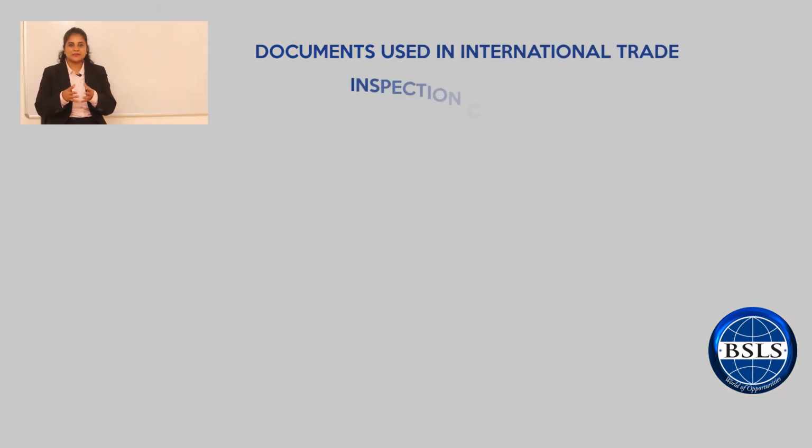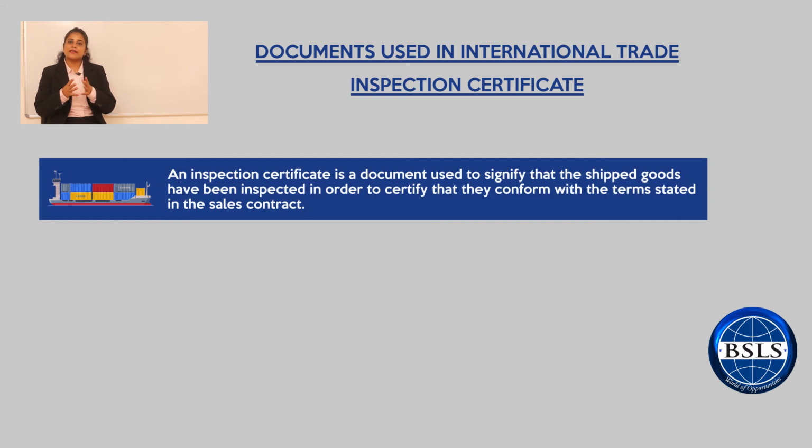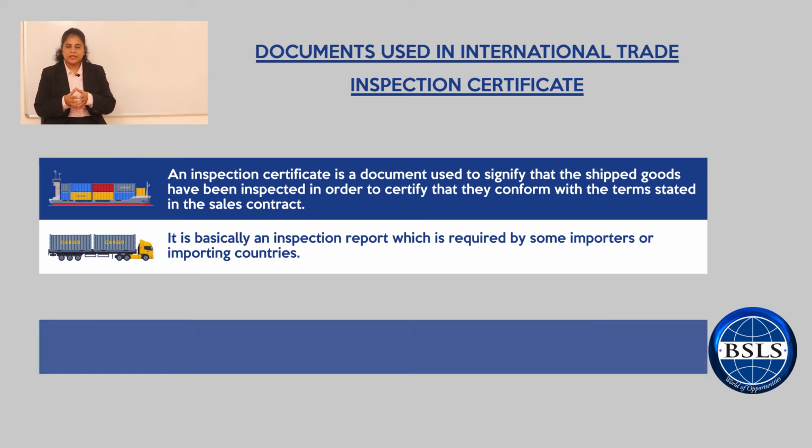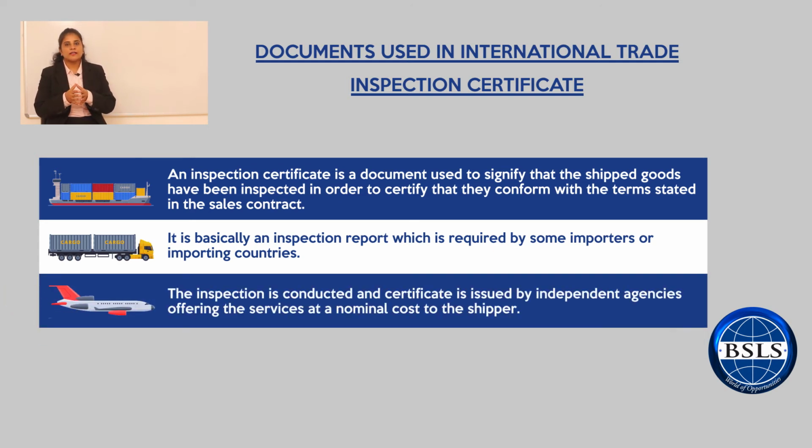First, let us look at the inspection certificate. Sometimes the importer may request confirmation on the condition of the cargo that is being shipped, and therefore may request the shipper for an inspection certificate. The shipper then arranges for an inspection agency, which issues the certificate upon completion of the process. An inspection certificate is a record that certifies that the said product is in good condition prior to shipment. The inspection certificate can be issued for many products such as food, agriculture, chemical, etc.